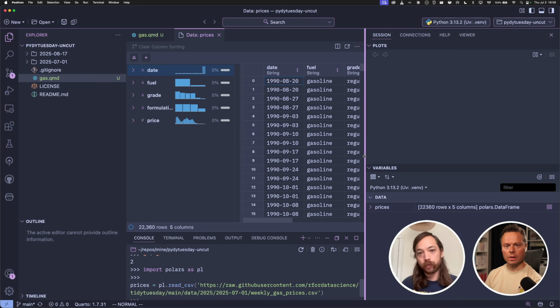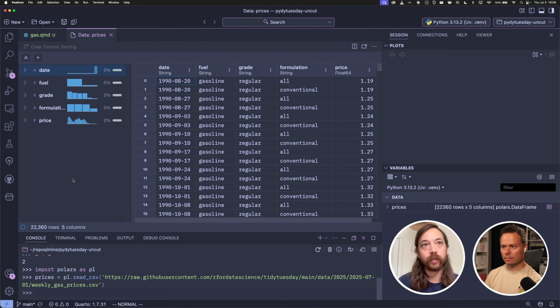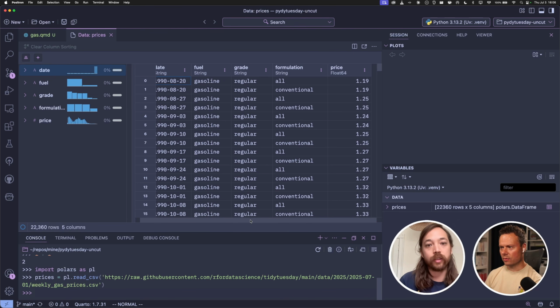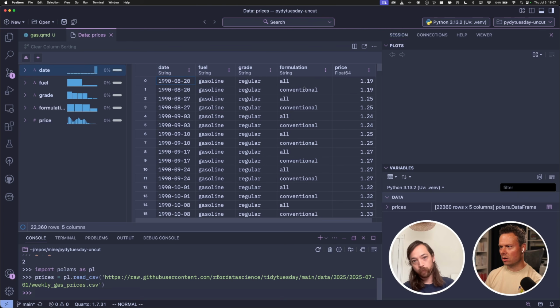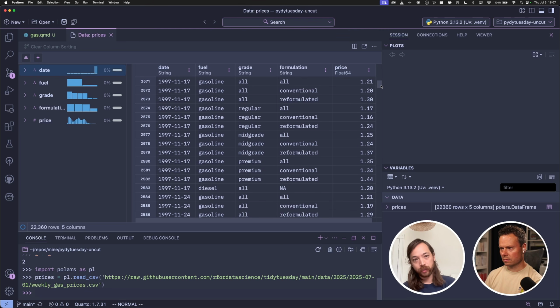Yeah, cool. I'm guessing if it's weekly and this is like 35 weeks, that's probably, well, 35 times 52 is 1800. So I don't know, there must be some other. Well, there are 2 rows per week, one says all and the other one says conventional. Yeah, cool. So maybe just try plotting quickly